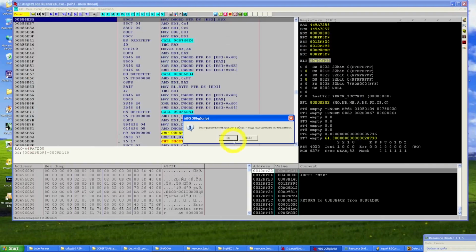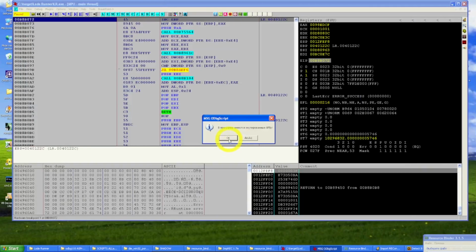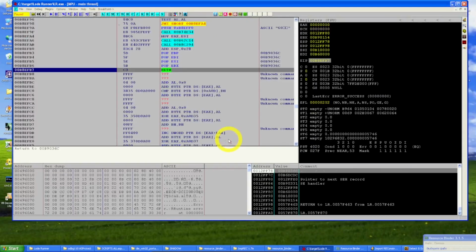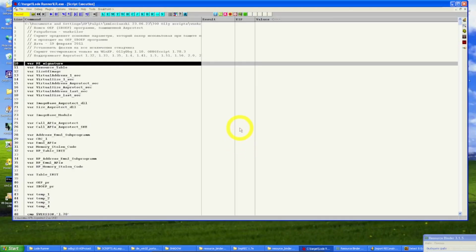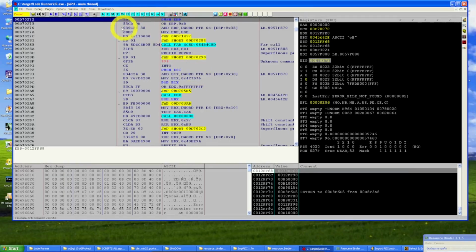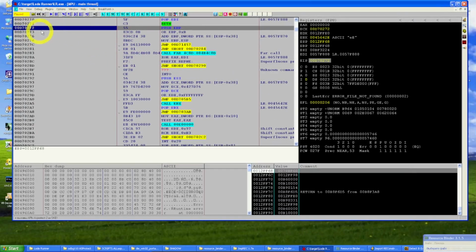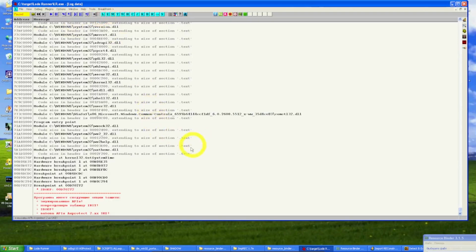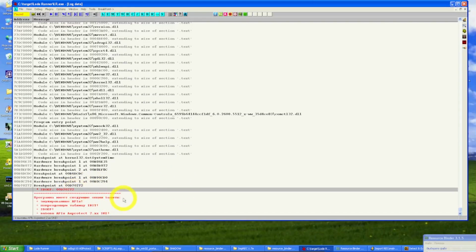Script finished, and now look into the log. By the way, we are here at the OEP, at the stolen OEP. Here is the address. And the options of this protection we can see here, typed in red color. So we have a stolen OEP, like it said, zworowan OEP,